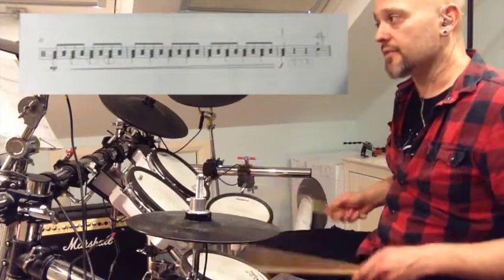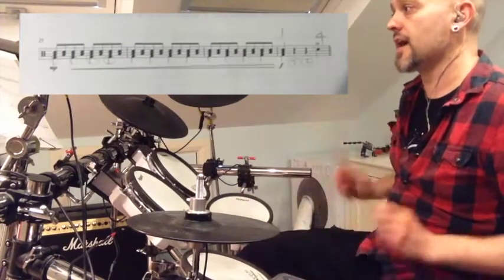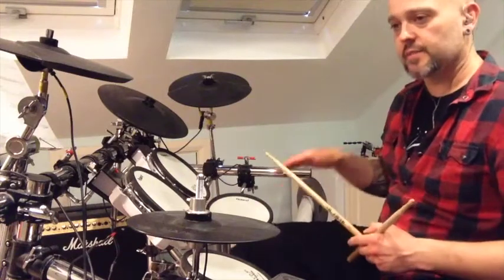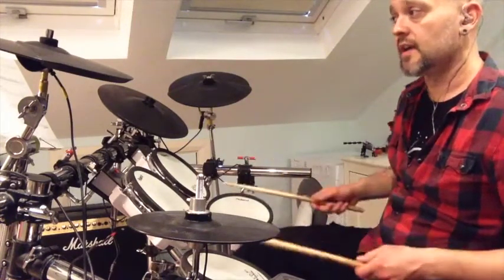1 and 2 and 3 and 4 and 1 and 2 and 3 and 4 and 1 and 2 and 3 and 4 and 1, 2, 3, 4. Got a little bit at the end, and then try and add the bass drums later. The bass drums just keep time, so they're carrying on doing the 4 on the floor. They've been doing it for the whole piece so far, right? So you put it over the top